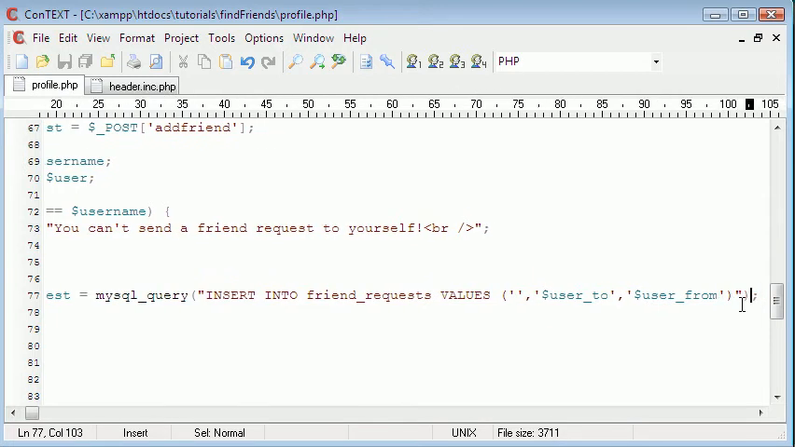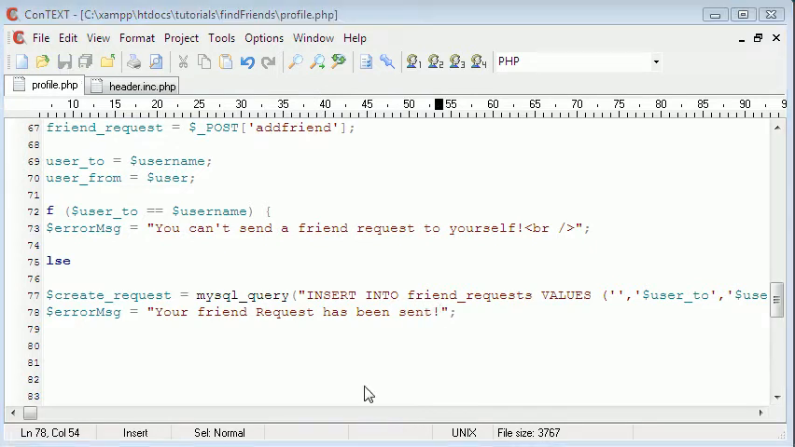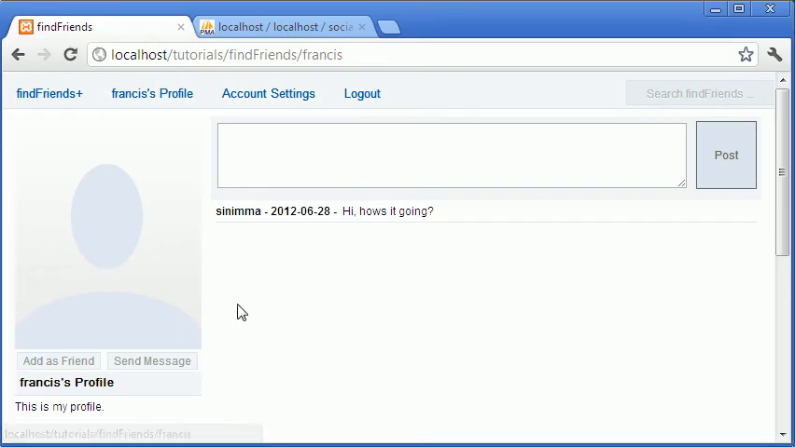So now we can just echo underneath. Now we can just say error. I know it's not an error, but we can just use the variable: your friend request has been sent. Okay, so now if we click